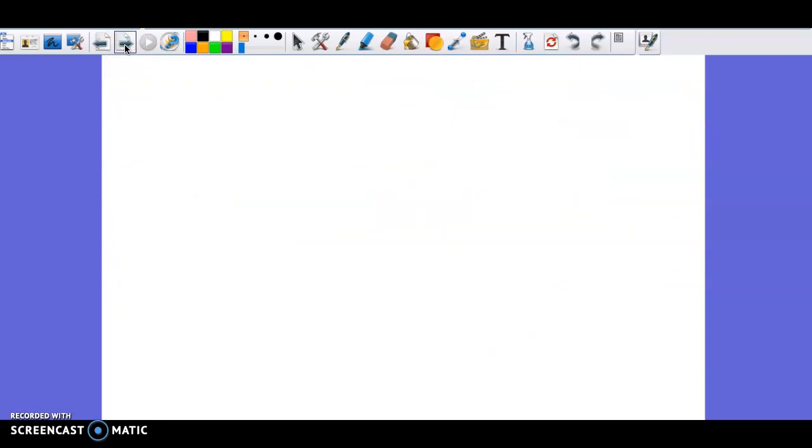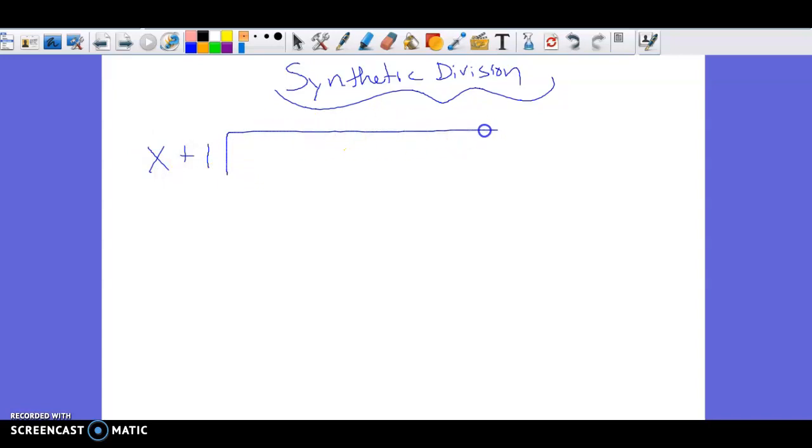And that brings me to the next thing: I'm going to show you a shortcut for long division. It's called synthetic division. You can use this or not use this. It's up to you, okay? Synthetic division is really great because it's quicker, but like I told you before, the shortcut only works if you're dividing something that has x to the first power or a number out in front. So let's say I'm doing 6x cubed minus 3x squared plus 5x